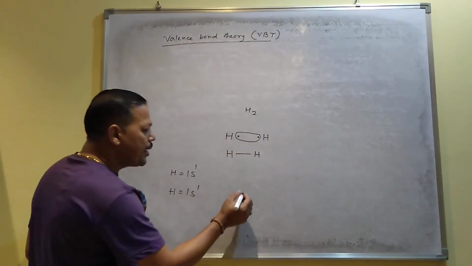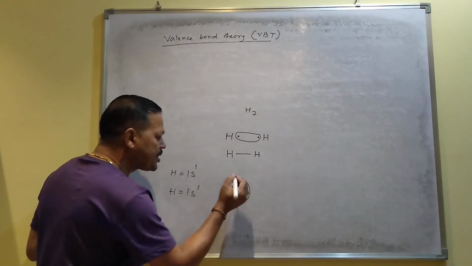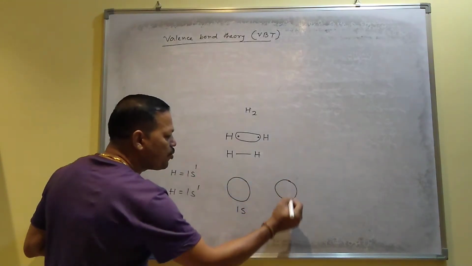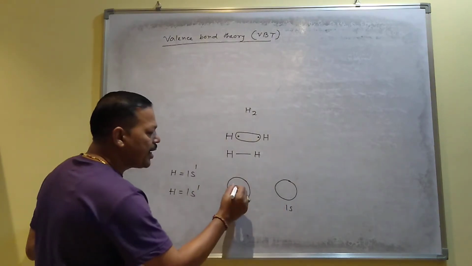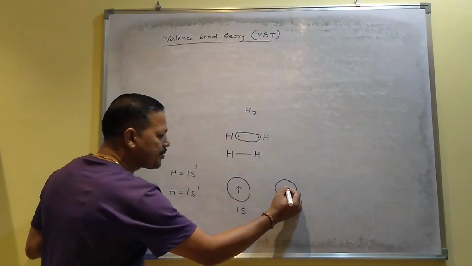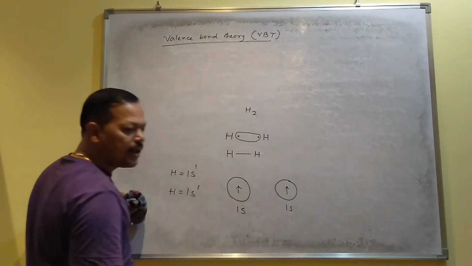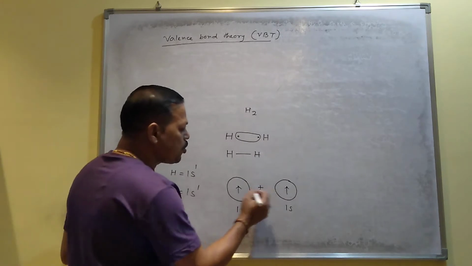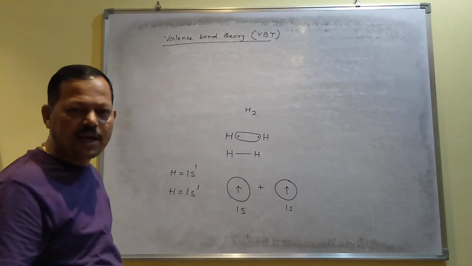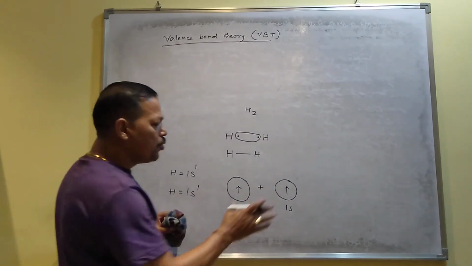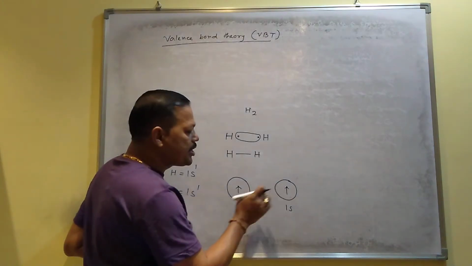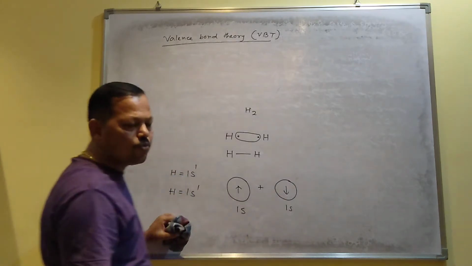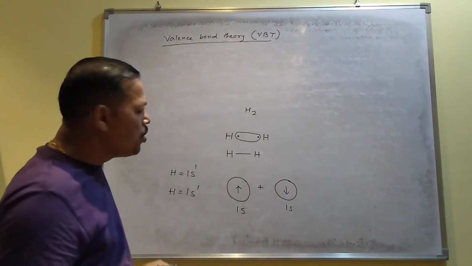As you know, the shape of 1s orbital, I mean shape of s orbital is spherical. This is 1s orbital, and this is another 1s orbital for another hydrogen, and they contain 2 electron like this, 2 electron like this. When the electron take part in sharing, these orbitals also can take part in your sharing. But one thing you should know, when they undergo overlap or when they participate in sharing, the spin of both the electrons should be opposite from one another. Then they can undergo overlap.